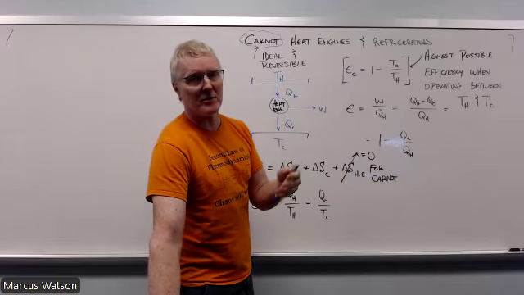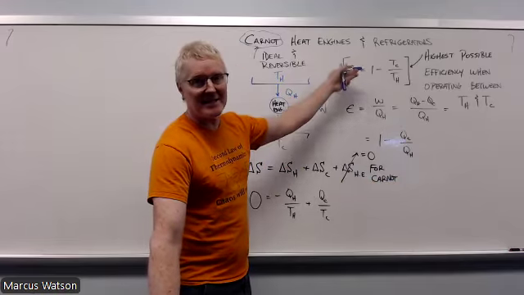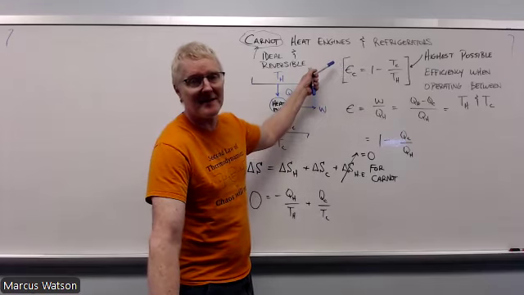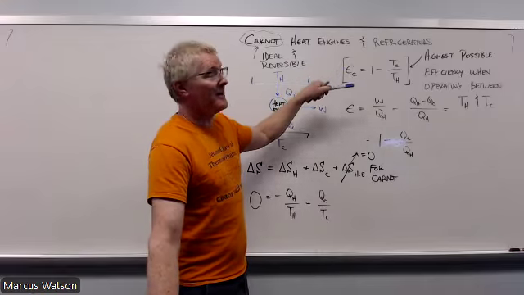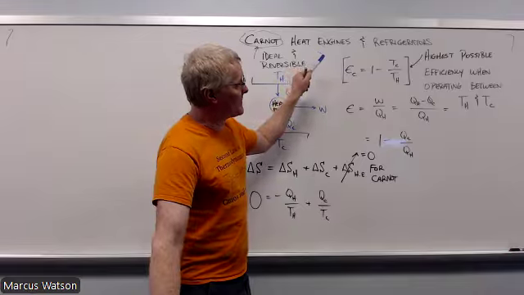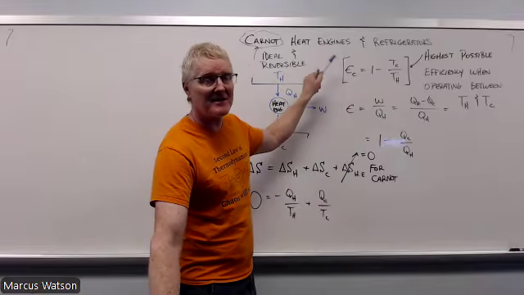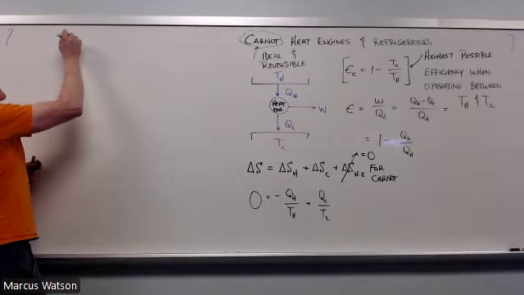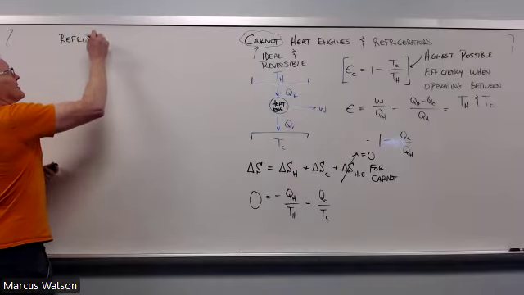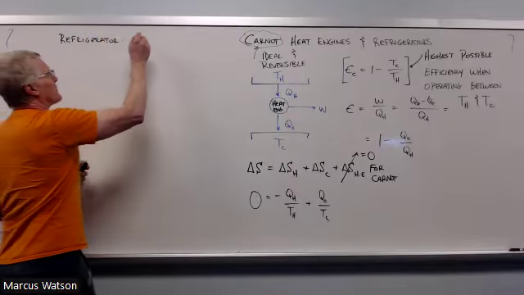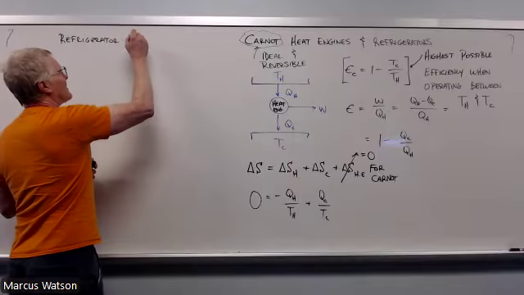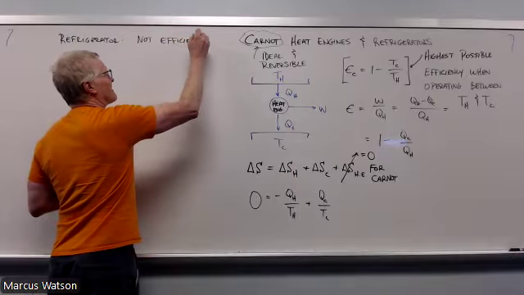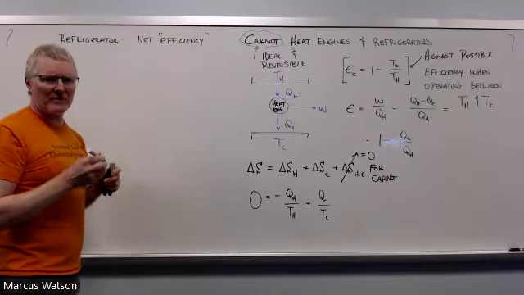Well, I guess it could be 0 if you really wanted it to be. Just make TC equal to TH, then you can't do anything, right? Well, it's not really useful. So technically the efficiency could be 0, but it can't be 1. So when it comes to refrigerators, that's not the situation. Refrigerators have a different quantity. A refrigerator does not operate with, it's not called efficiency.